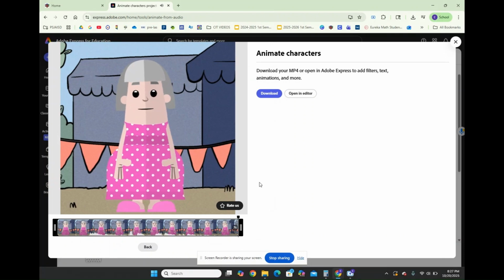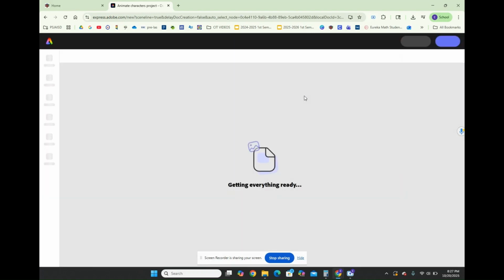As you can see, it's animated. It also moves the lips anytime I talk. So you can download it and it's going to give you a link to share, but it's going to erase completely. You're not going to be able to save it. But if you open it in the editor,